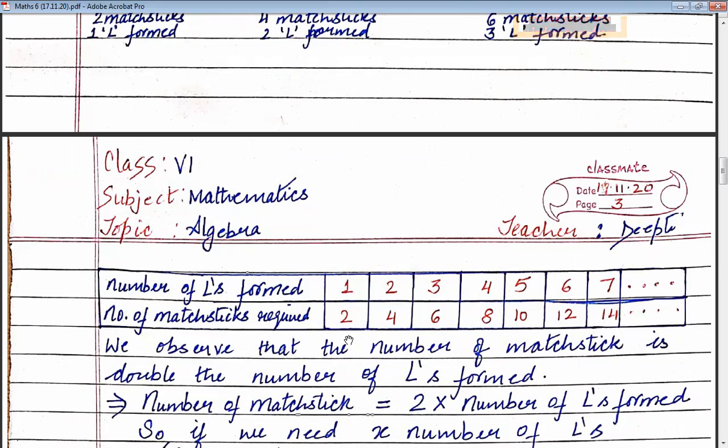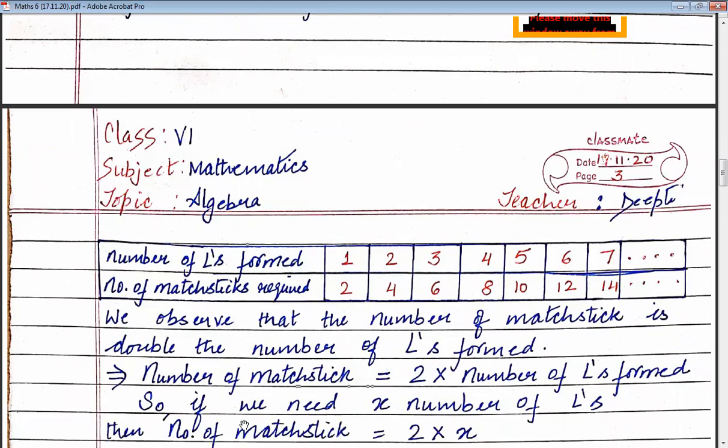You can see 1 twos are 2, 2 twos are 4, 3 twos are 6. So we need matchsticks double of L formed. So if we need X number of Ls, then the number of matchsticks will be equal to 2 multiply X. So how many matchsticks do we need? We need 2 multiply X